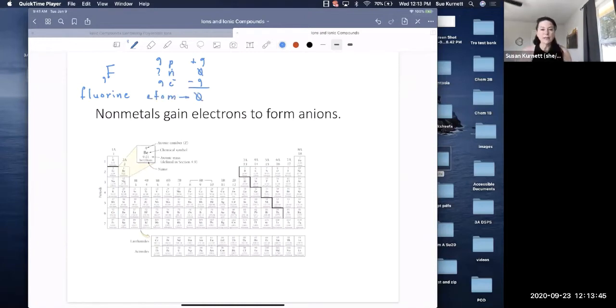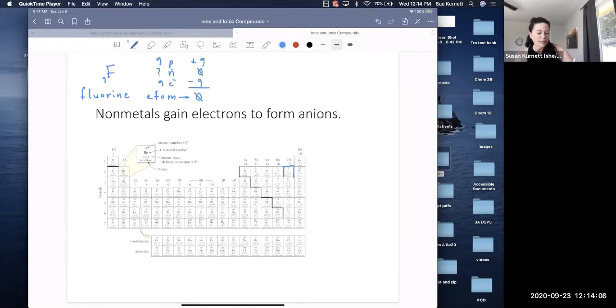So for the atom, the net charge is 0, but that's not stable. So fluorine as a nonmetal can either share electrons to be isoelectronic with a noble gas, to be more stable. And when it does that, we call those covalent compounds. Or it can gain electrons to become isoelectronic with a noble gas. Which noble gas? The one that it's next to.